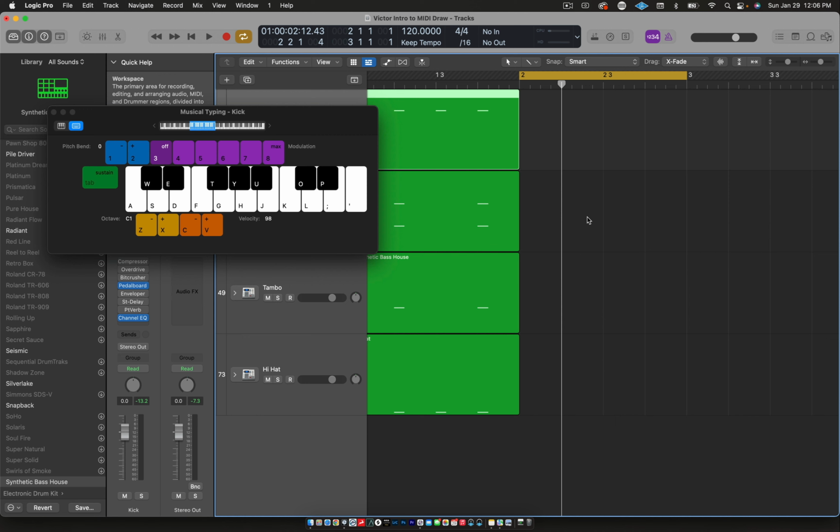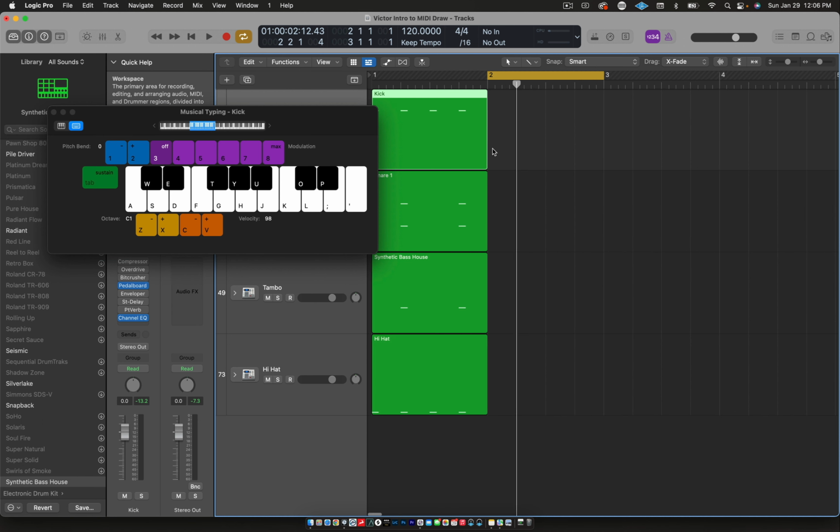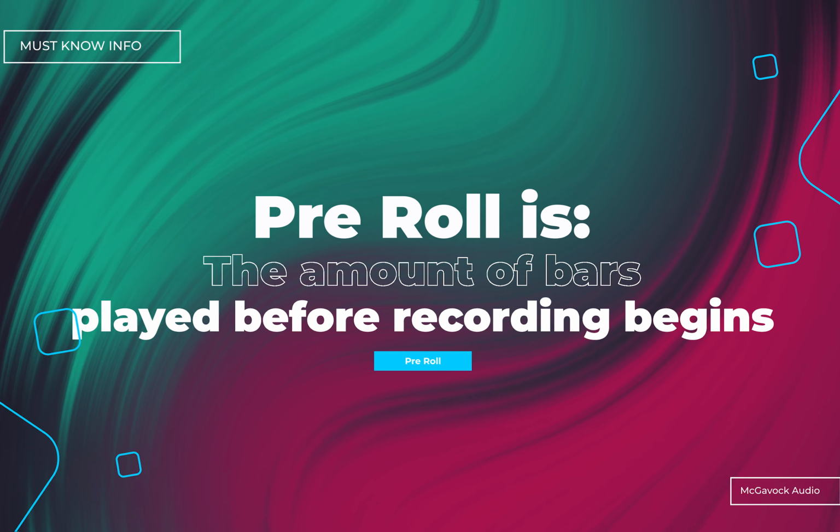We're going to hit record and then we're going to record the 4 on the floor kick, which is all 4 beats. Right. So remember, the letter R is the shortcut for record. Now, when you hit R, it's going to play this first measure. Okay. Anytime that you hit R or you hit record, Logic is going to give you a pre-roll. We're going to talk a little bit more about adjusting pre-rolls and all that, but for right now, we're focusing